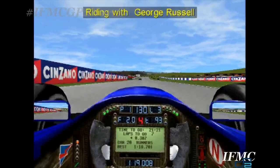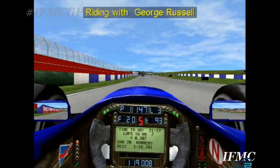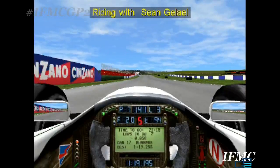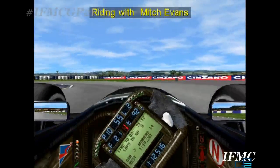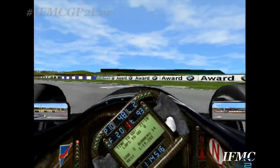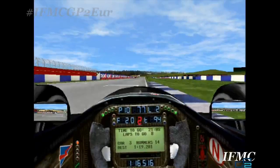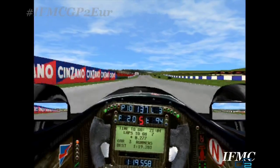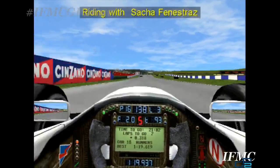So Matsushita gets into the top 10. Russell doesn't improve, stays on 1 minute 18.701. Here comes Sean Gallal, currently 8th, and he goes up to 7th. So both, at the moment, Holy Trinity Racing, it proved that both Gallal and Matsushita have some really good quali pace. Race pace, maybe not. Possibly in the sprint race, maybe, because of the reverse grid, but they have some pace in qualifying,